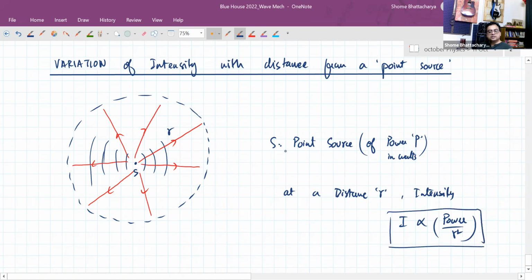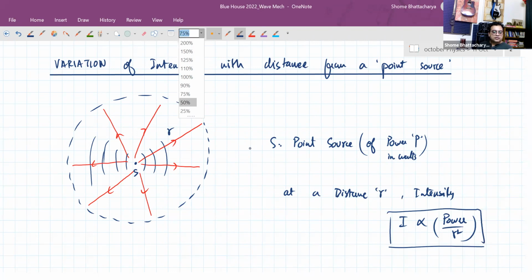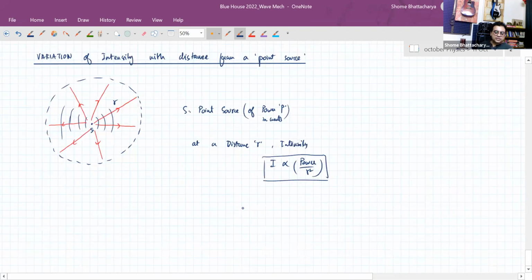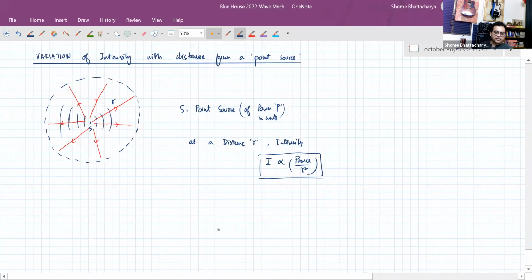More importantly, it's inversely proportional to r square. Now, what that factor is, it depends on various things like the absorption of the medium and losses due to friction and air resistance and things like that. Ideal case, the intensity would be power divided by 4 pi r square, but that would be in the case